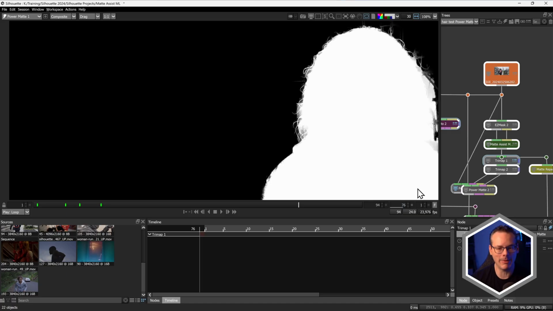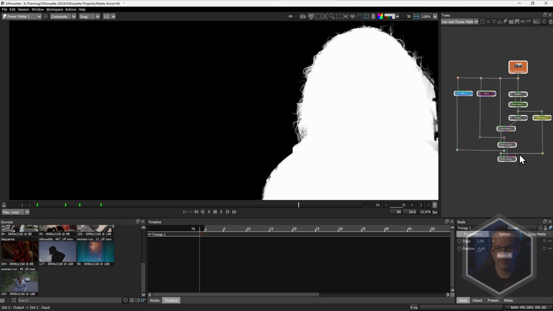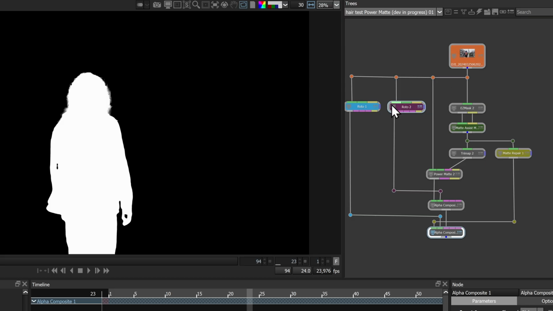Now remember that the Matte Assist ML is not a replacement for traditional roto. Actually, I tend to think of it more like a keyer. So in that sort of spirit, you can actually combine this with other sorts of procedural keyers or roto nodes to create up our final matte. Which is what I've done with this final tree here.